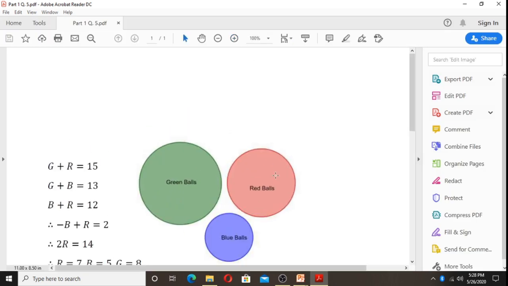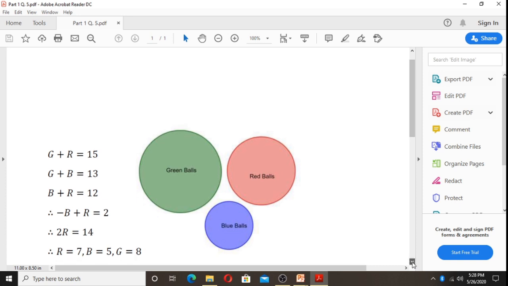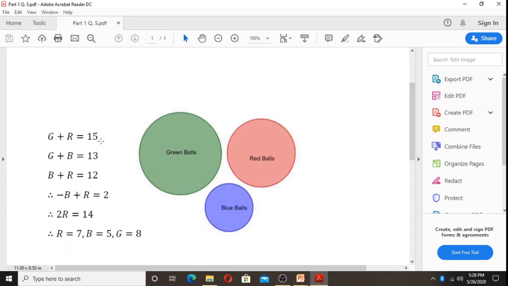How is it possible? As there are 15 balls which are not blue, 13 balls which are not red and 12 balls which are not green. Therefore, we can say that with G for the number of green balls, R for the number of red balls, and B for the number of blue balls, we will get the 3 linear equations. G plus R is equal to 15, G plus B is equal to 13, B plus R is equal to 12. When we subtract equation second from equation first, we will get R minus B is equal to 2, and